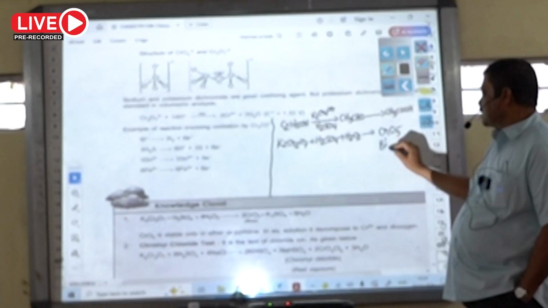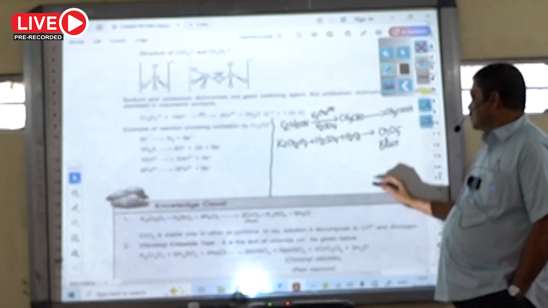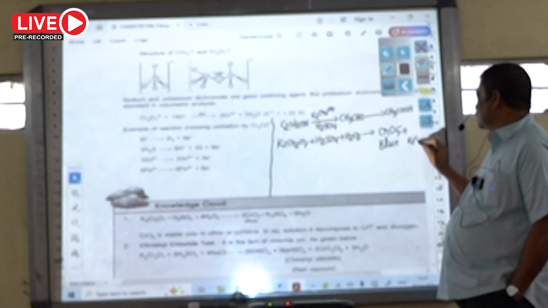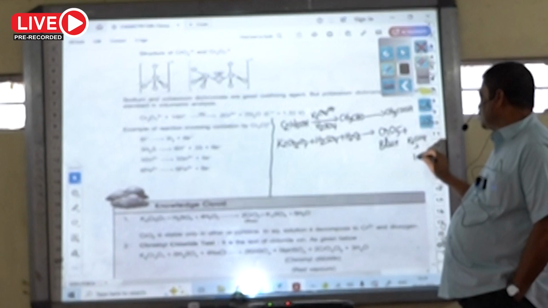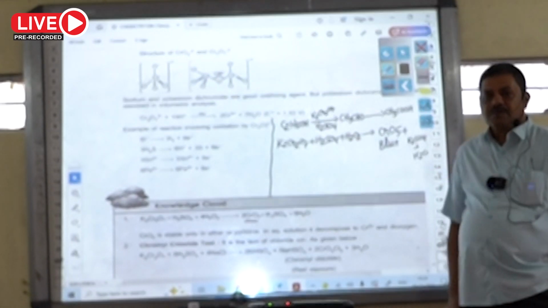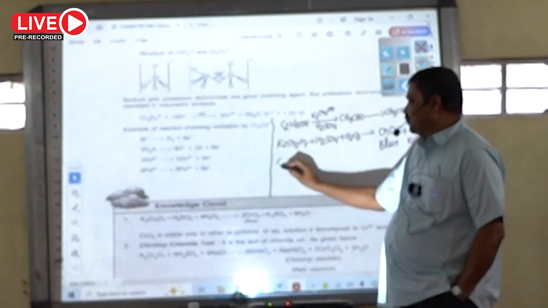Blue color chromium peroxide plus K2SO4 plus H2O. So hydrogen peroxide plus acidified potassium dichromate. So this orange color dichromate